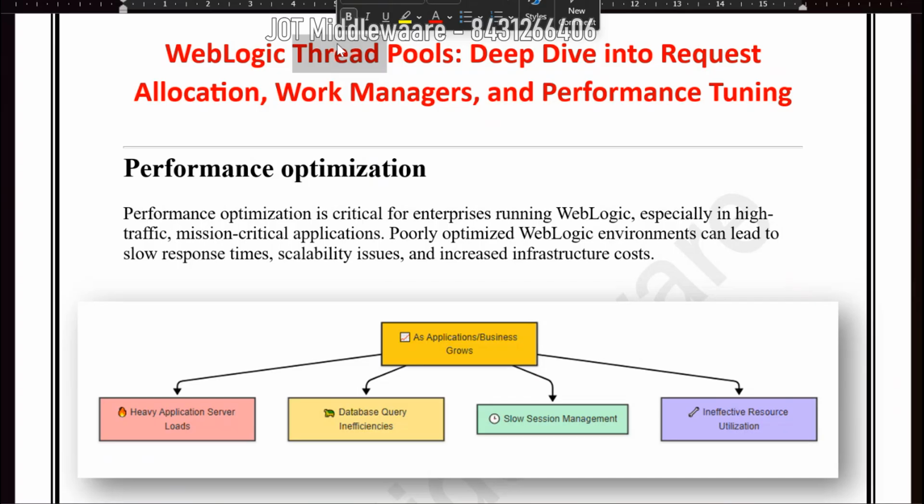So now let us start with thread pools and work managers. Then we'll go for heap, memory management, garbage collection, types of garbage collection policies, and understanding the garbage collection logs, thread stacks. So there are multiple things. So for everything, we need a starting point. So let us understand from the starting point. So performance optimization is a critical